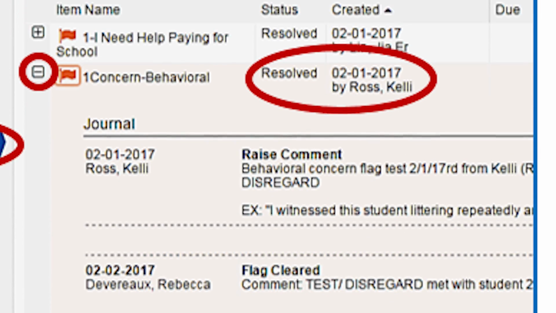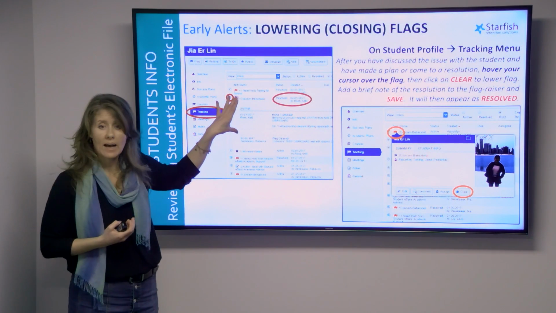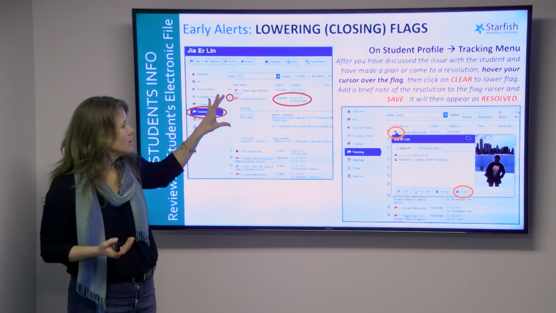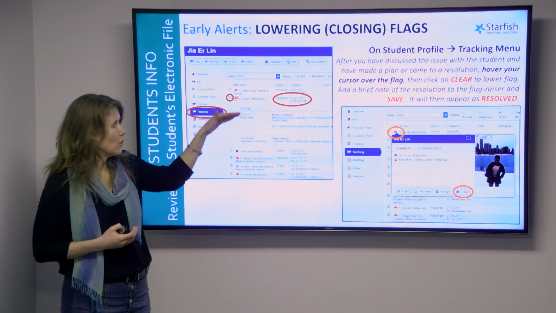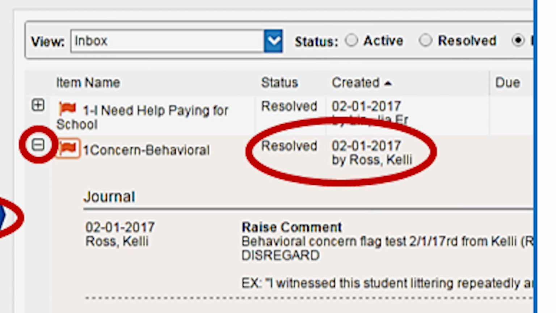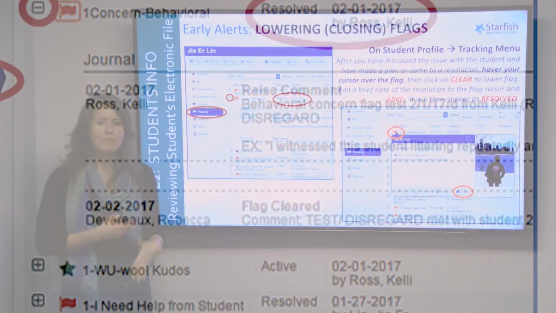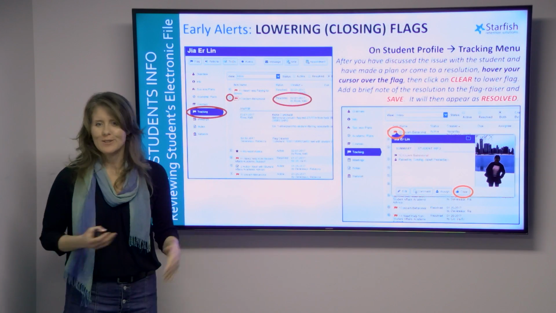you click on the plus sign on the left-hand side. When you click on that, it opens up to tell you the notes from the flag, what the problem was, and also if the flag was resolved, it'll show up there as well. So in this case, the flag was resolved, and there's the comment here that says the flag was cleared by Rebecca Devereaux, and I added a comment that said the student stopped littering, or she knows the problem with that,